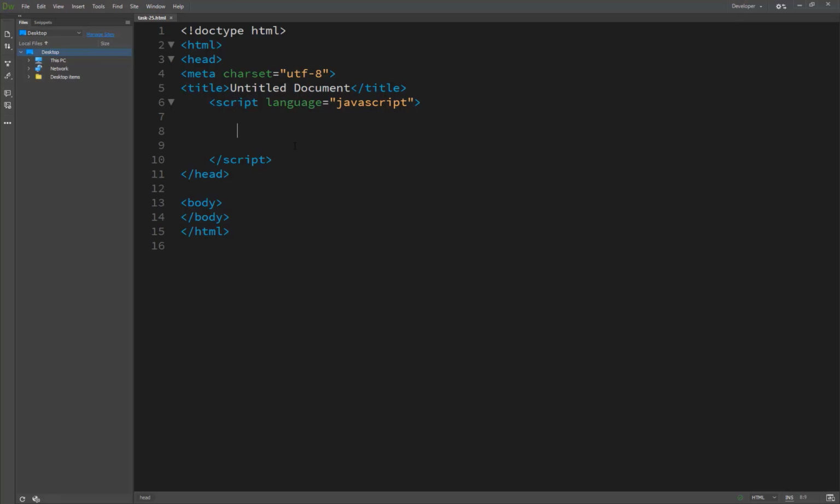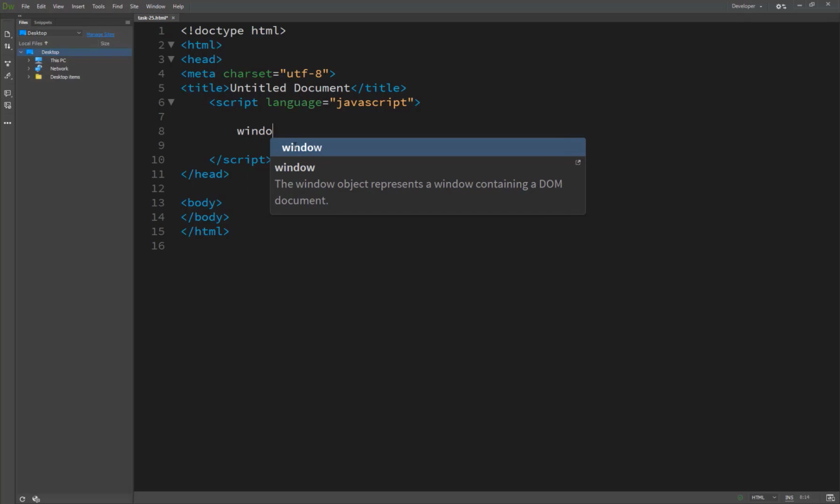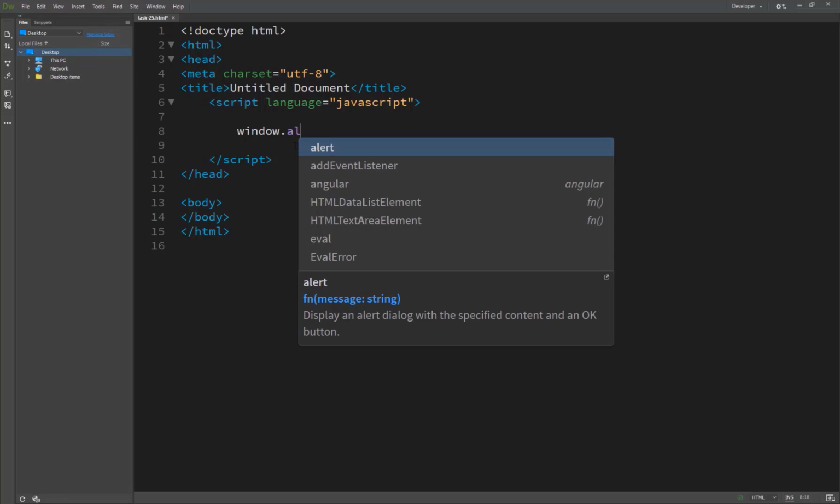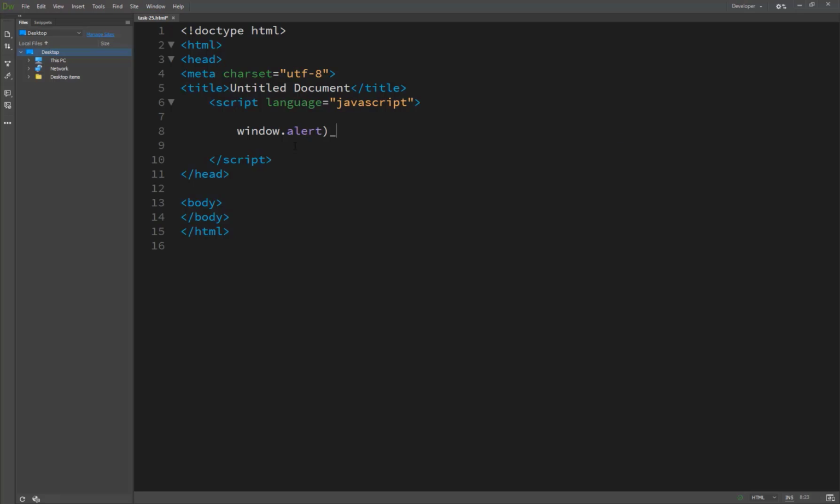So we can see how to print it, and it's very simple. It's a window, because it's not a document, it's a window. I have already told you the window object provides the alert method, window.alert, and inside the parentheses we just pass a message.